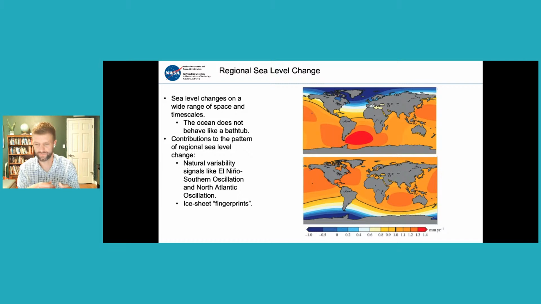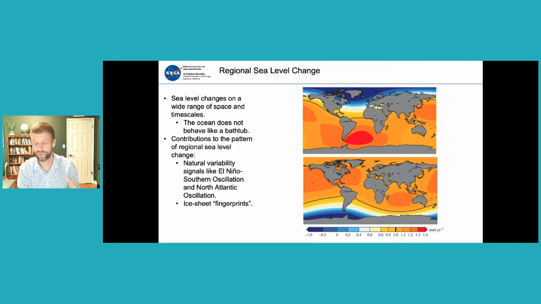The same thing is true for the Antarctic, right? So immediately around where we're losing ice. Here you can see, I showed previously the Western Antarctic ice sheet is losing a lot of mass. You're actually experiencing a sea level fall there. But then in the far field, the further you are away from the source of ice mass loss, the bigger the contribution it has to sea level rise. So it's a little counterintuitive. For instance, here in the Northern Hemisphere, ice loss from Antarctica actually has a much bigger influence on sea level rise than does the ice mass loss from Greenland.